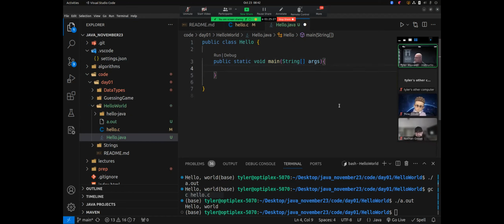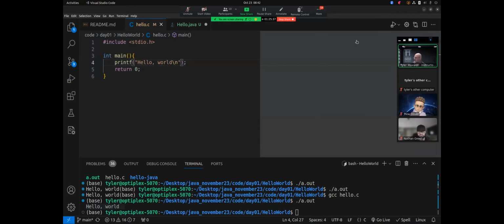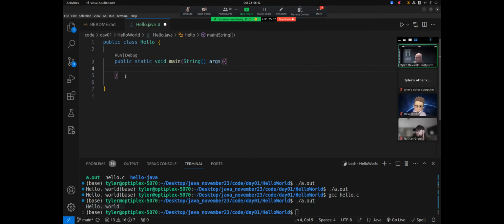Okay, so that is the equivalent of the main function in C, right? It's a little bit more verbose, a little bit more wordy, but you'll see that this is the sort of inspiration for the main in C. So main here in C, main in Java has the same thing. Now, if you can't remember this, which I couldn't remember, I still can't remember if it's capitalized or not.